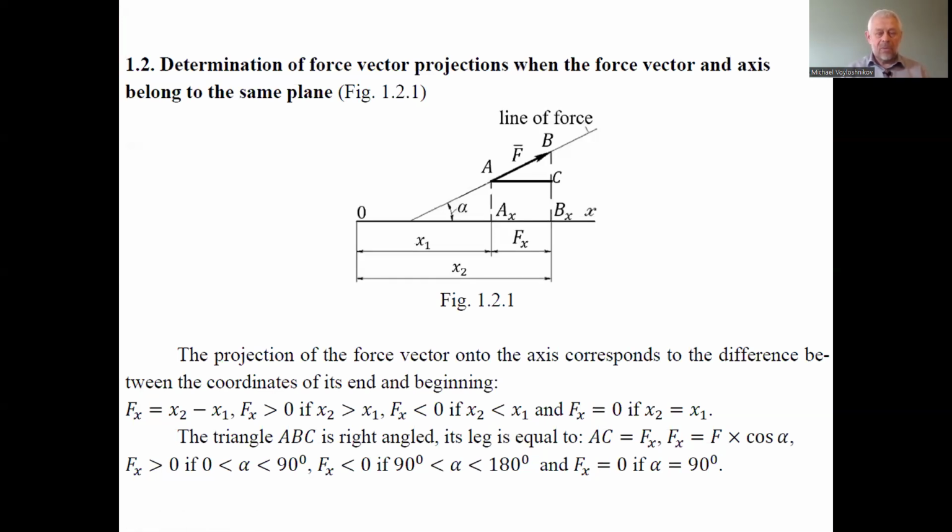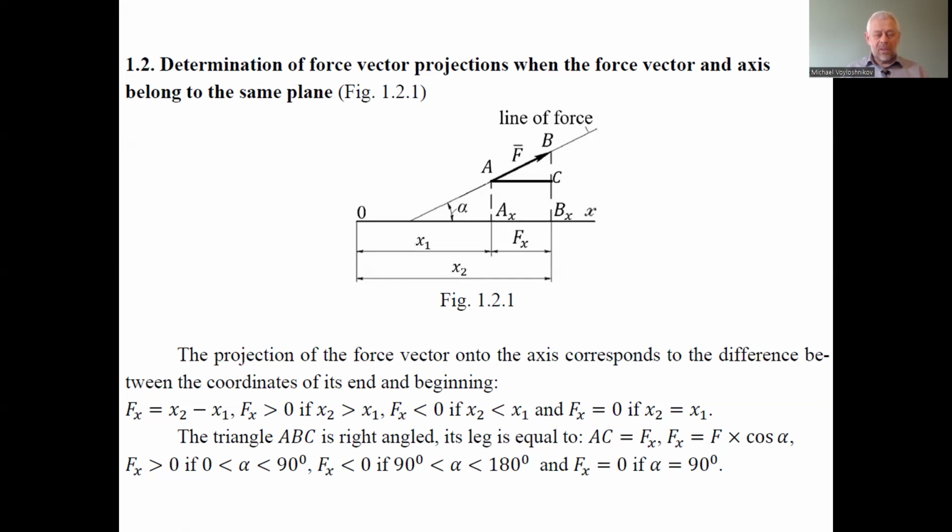This determination of force vector projections is important to find the balance conditions of the mechanical systems. To find these force vector projections, first we have to define the projection of the force vector on an axis, which corresponds to the difference between the coordinates of its end and beginning. So the coordinate of B on the axis X is x2, and the coordinate of A, the beginning of the force, is x1, and the projection of the force is the difference between these two